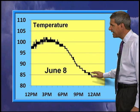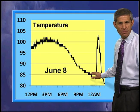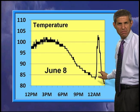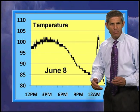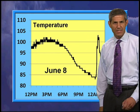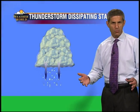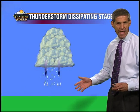But then something unusual happened shortly after midnight. The temperature jumped from 84 to 103 in 21 minutes, then fell back into the 80s nearly as fast. This sudden rise in temperature at night, known as a heat burst, was accompanied by winds gusting to near 60 miles per hour. Heat bursts are produced by thunderstorms as they dissipate, a time when they contain lots of downdrafts,